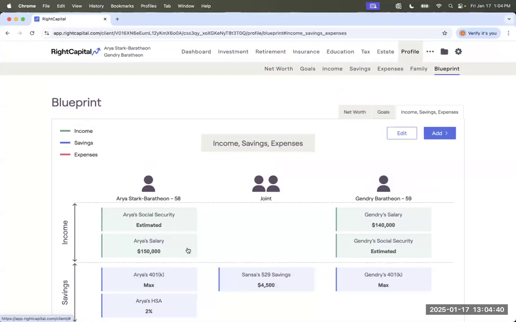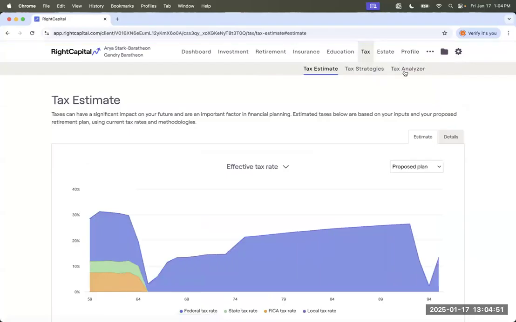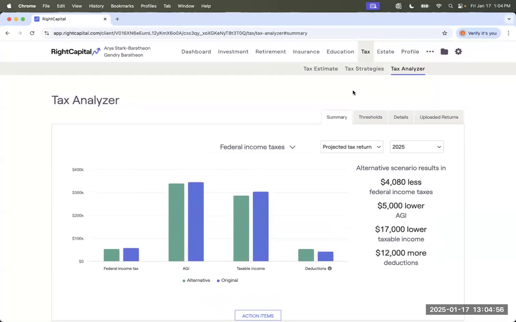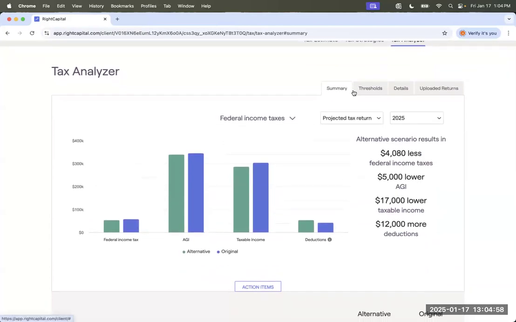Just noting that here, we can kind of see that straight away. But that takes us to the next point, which is going to be the tax analyzer itself. So under the tax module, we will find our tax analyzer tool. So under tax analyzer, we're going to see a couple different sub-tabs available to us here, starting with our summary